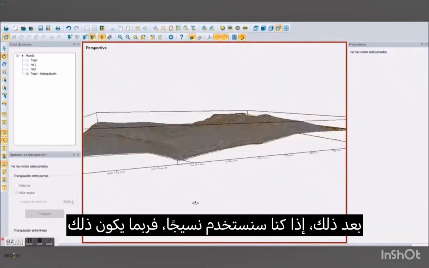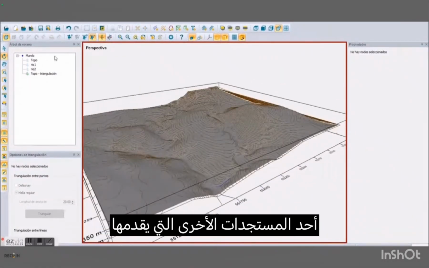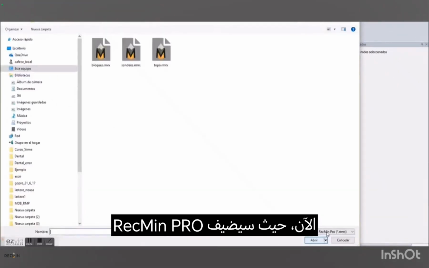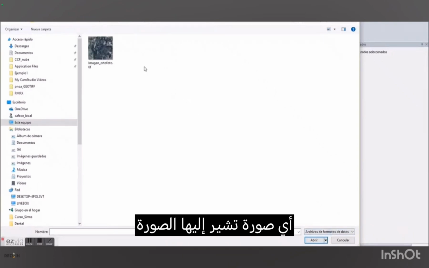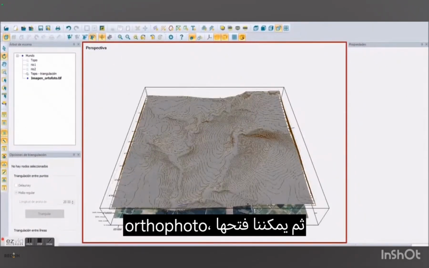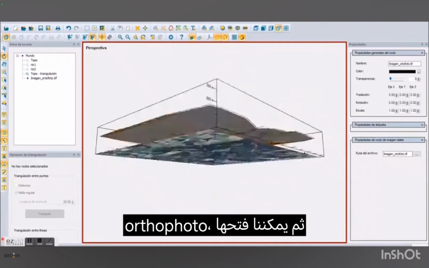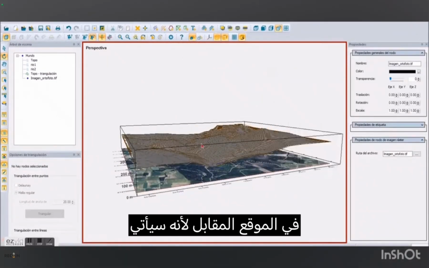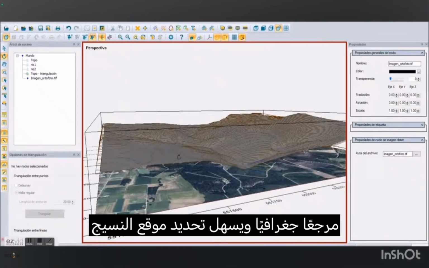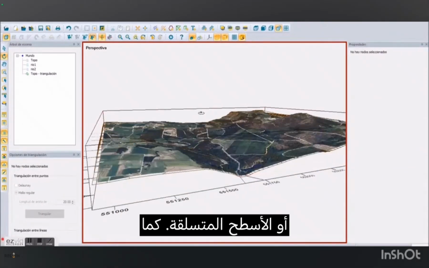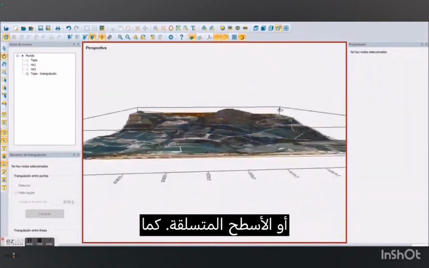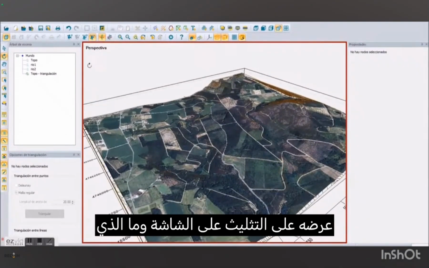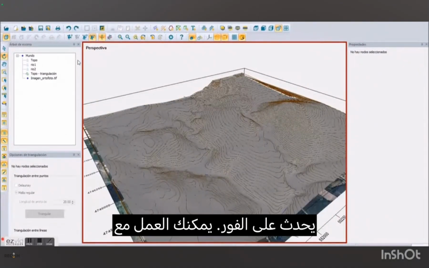Then if we are going to use a texture, that would maybe be another of the novelties of RECMIN Pro. It would be adding any image reference or photo, then we can open it and the program will automatically place it in the corresponding site because it will come referenced and locate the texture. Scaling surfaces is easy. As we can see, you select on the screen the option to project on a triangulation and what it does immediately, you can work with